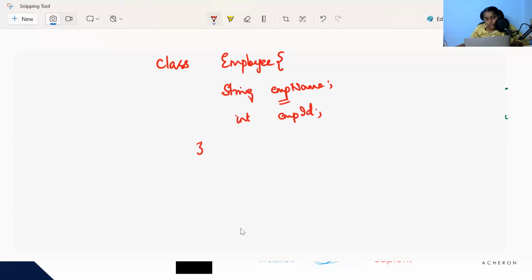Now, how to create an object? First, let us create it in the same class. Public static void main. In the previous video, we have seen how to work with public static void main. Now, inside this, I have to create an employee object. How do you create an employee object? First, when I write employee,